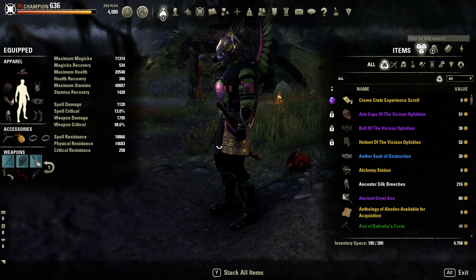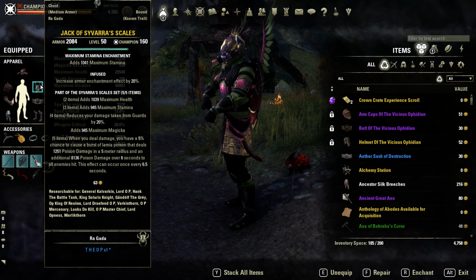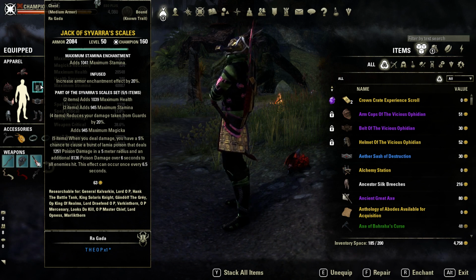Firstly, the first set I'll show you is the Savaris Scales. A bit of an odd one. A lot of people think that this is mainly for PvE, but that's not the case. This is a good set for PvP as well. It has that constant tick and upfront burst damage,